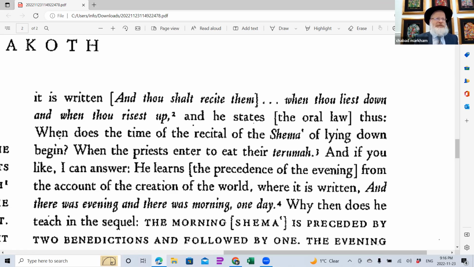So that's when we need the Shema. We need the Shema up until that point; that's the night Shema. And then already after midnight, some people start to wake up. It says King David used to wake up at midnight and say Tehillim. So the darkest moment is midnight, really.